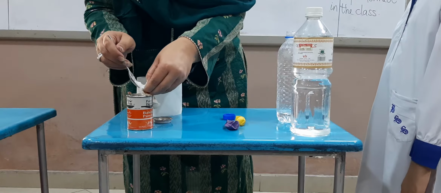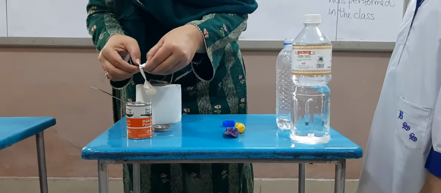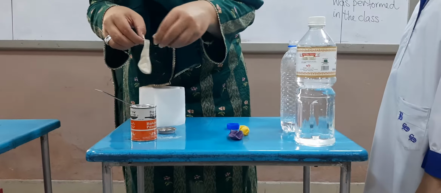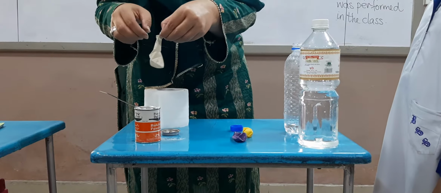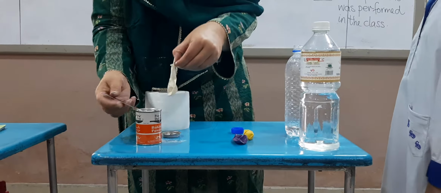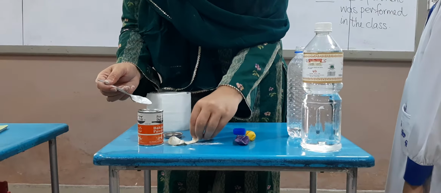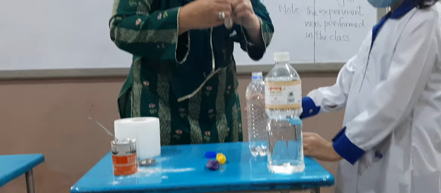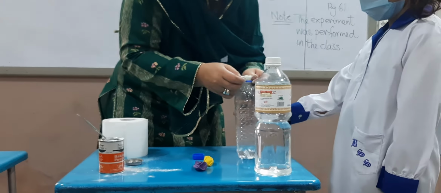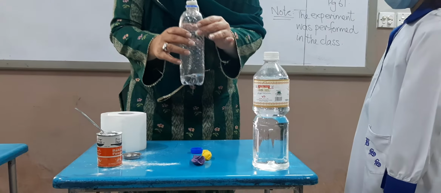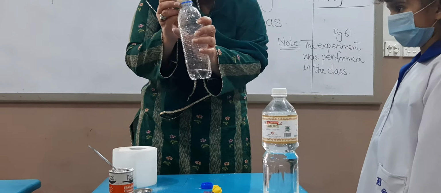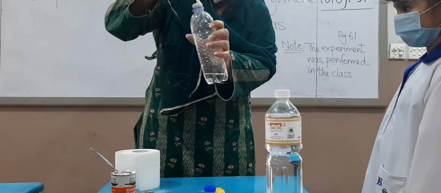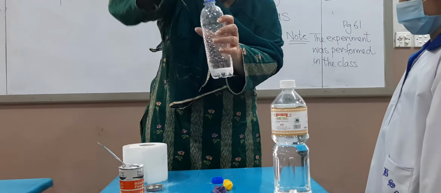You should put at least 1 teaspoon of bicarbonate soda. Can you see I am putting it in the balloon? Yes. Now what I am going to do, I am going to fix it on this knob. You can see, I have fixed this and I am going to tilt this, trying to pour this soda.